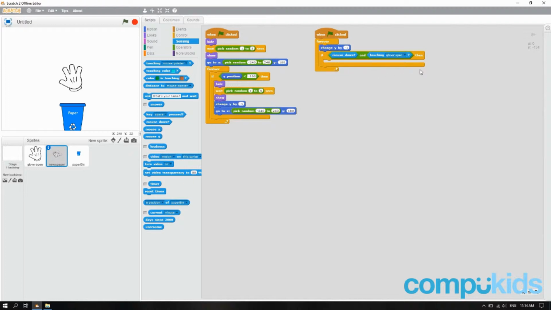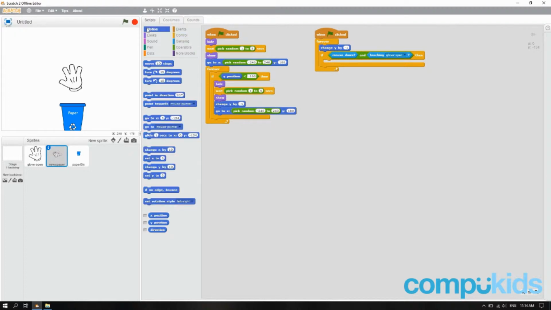This piece is going to tell Scratch that if our mouse is clicked and the paper is touching the hand, then it must go to the mouse pointer. To do that, we're going to head over to Motion and click on Go to Mouse Pointer. We'll place that inside the if piece. Let's test it out. We click the green flag, wait for the paper,